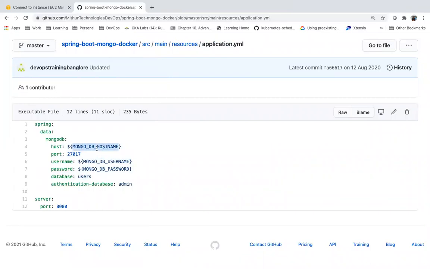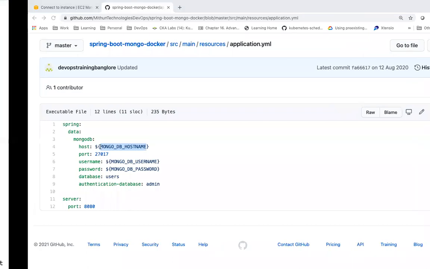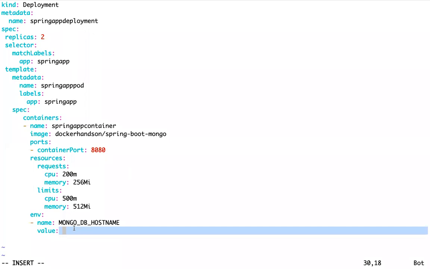So here we are expected to pass a host name or IP address. So what can I pass here? Do I need to wait till the database pod is created, and pass that pod's IP address, or can we use the service name so that irrespective of where your pod is running, this application will be able to connect to the database? We can use the service name. For now, let me give the service name as Mongo.